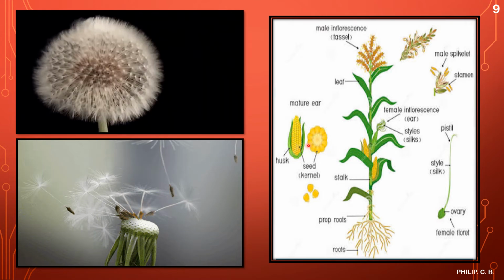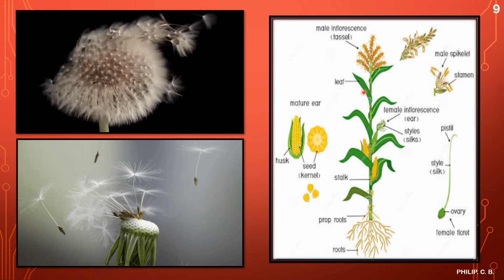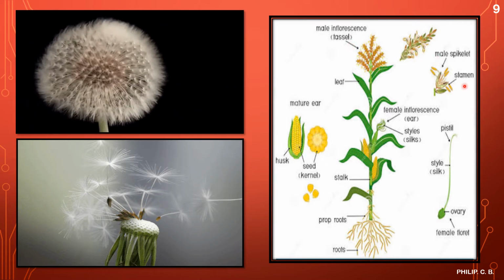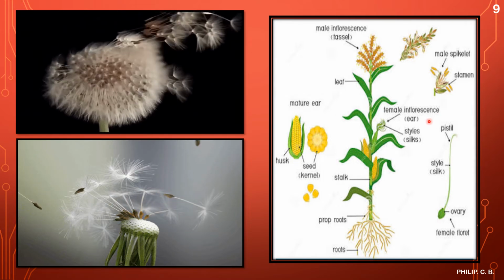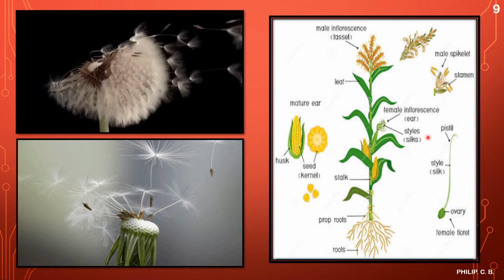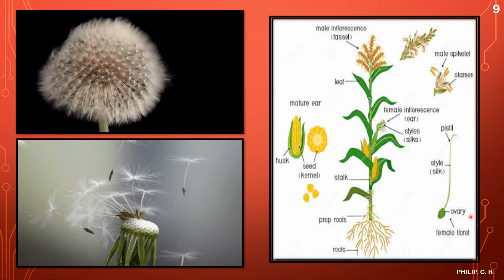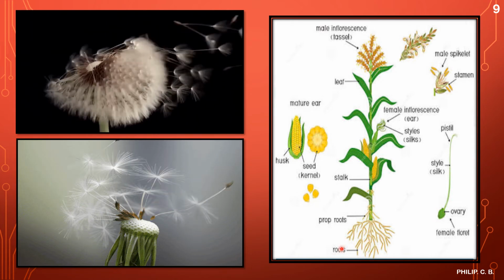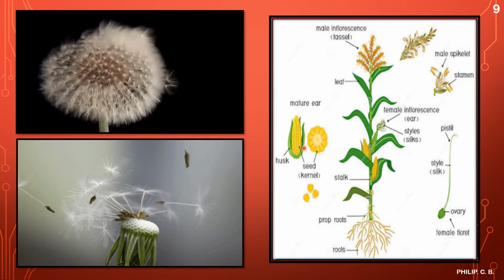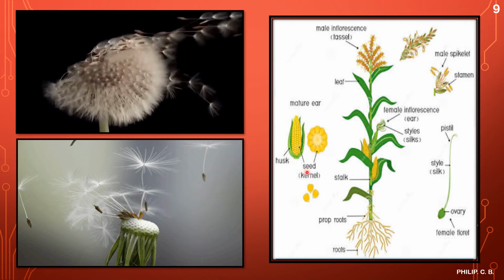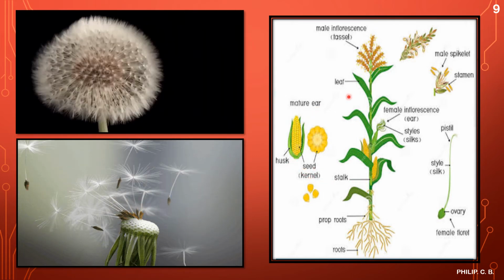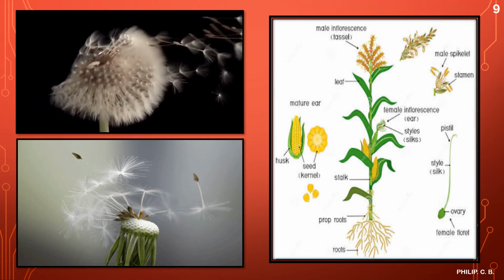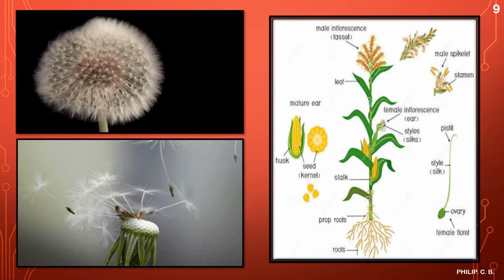Okay, now here is the image of a wind pollinated plant. You can see here the male inflorescence, which is called the tassel, the male spike, with the stamens present in it; the female inflorescence, otherwise called the ear, with styles which are the silk; the pistil, the style called the silk part, the ovary, the female floret. Then from the basal part, the root, prop roots; the mature ear, that is the husk; the seed, that is the kernel; the stalk part of the plant; the leaf part. So these are the various parts of the wind pollinated plant, or we can say the crop plant, food plant, or the monocots.